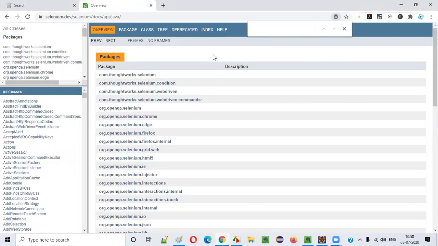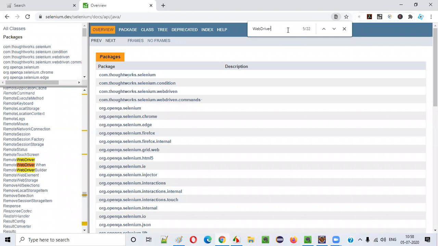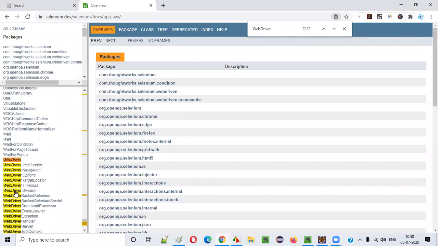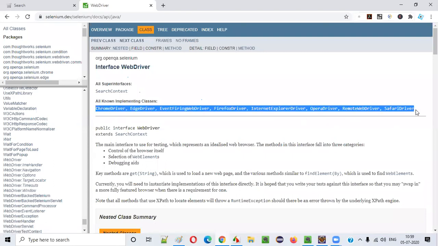I'll search for one of the things I know in Selenium WebDriver, that is WebDriver. WebDriver is an interface. Don't worry if you don't know what an interface is. I will come to that later. I am just searching for something in the API of Selenium. The reason why I'm coming to this particular page is you will see all the supported browsers here. See guys, we already covered Chrome. For Chrome, Selenium is providing something known as ChromeDriver. I'll come to the drivers later. So just understand, by looking at these names, you should be able to identify what all browsers Selenium is supporting.